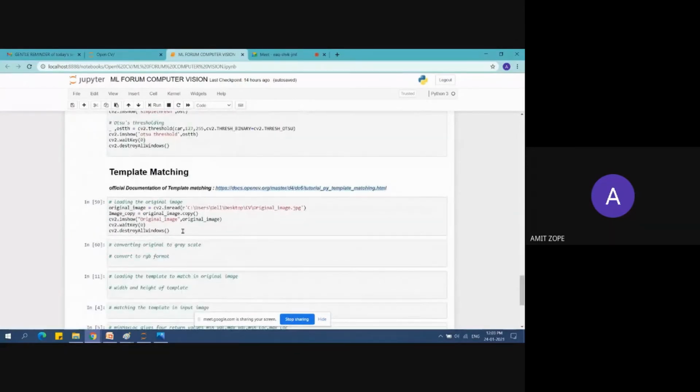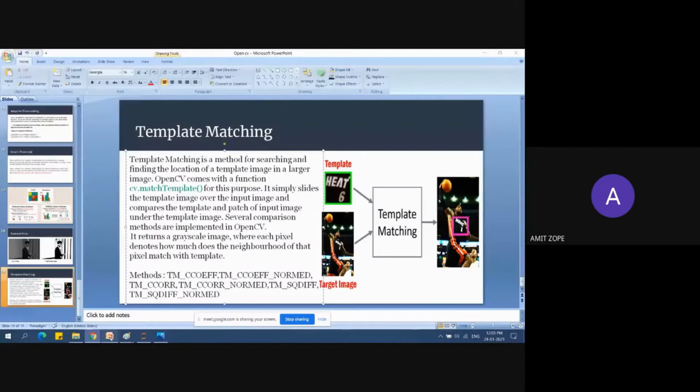Template matching. Don't focus on the theory part, as we don't like to read the theory much, so I have done it simply here. This image says that if you want to find this, this is the template, and you want to find that template in that image.